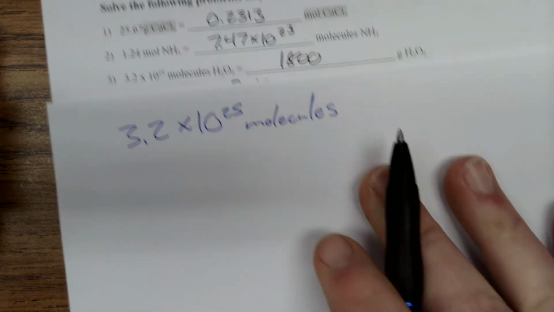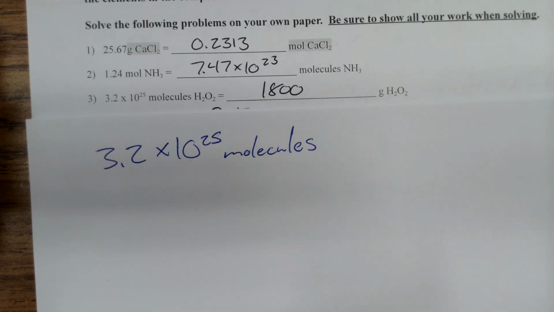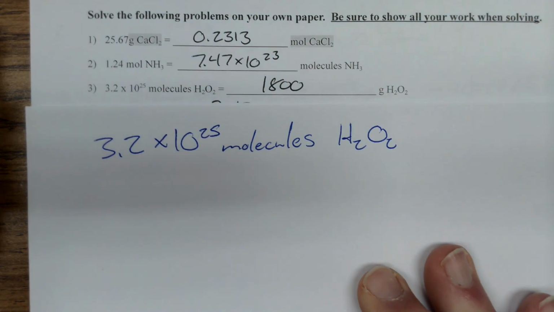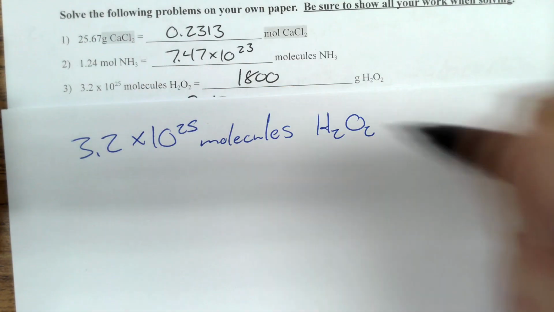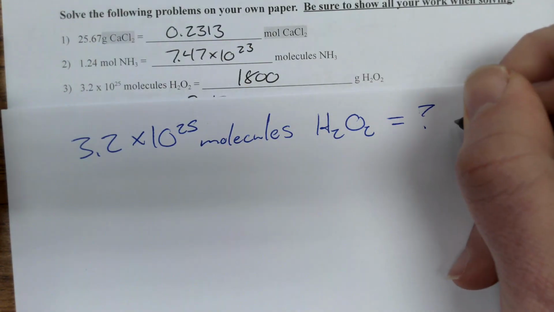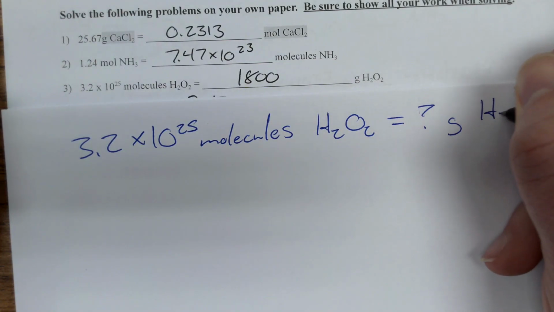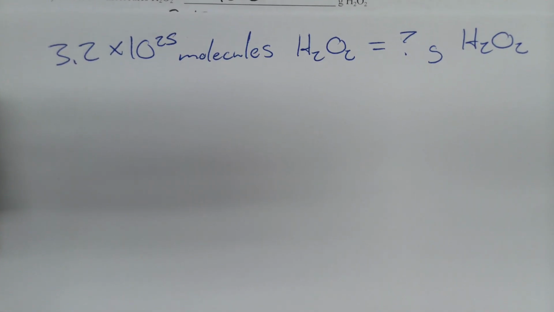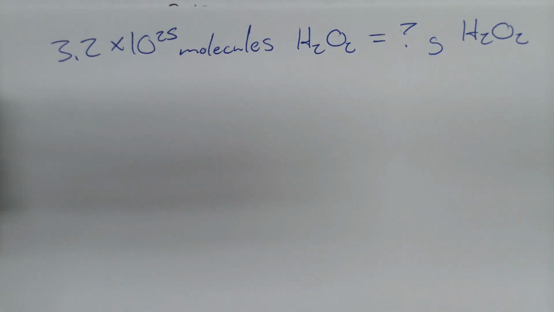So I'm looking at Avogadro's number of hydrogen peroxide. And I'm trying to figure out how much I'd have to weigh to get that many molecules. All right. So in this situation, the first step I need to do is I need to rewrite all my